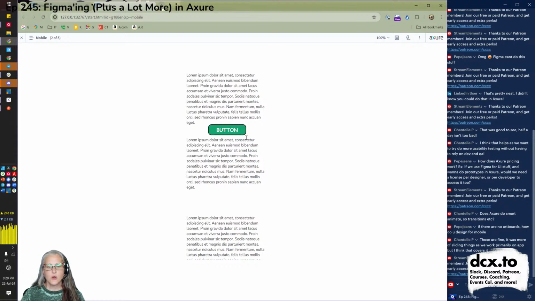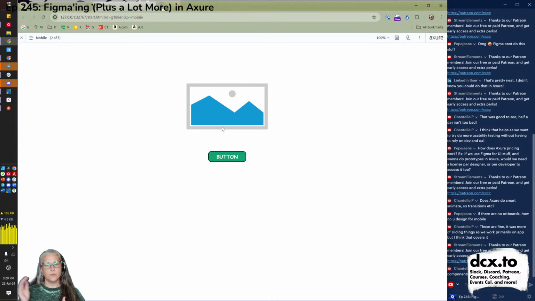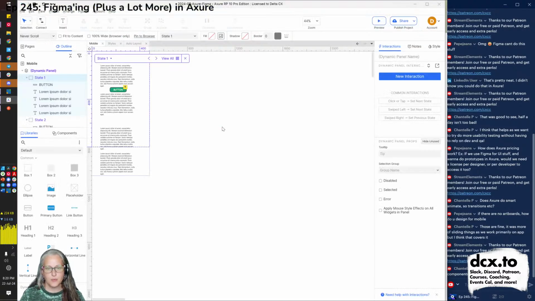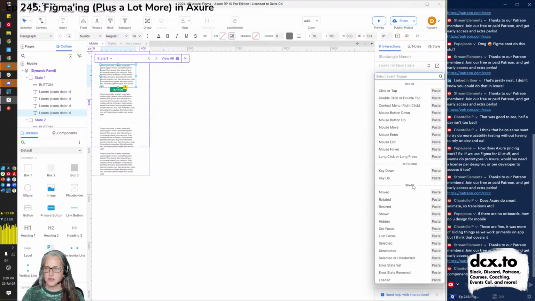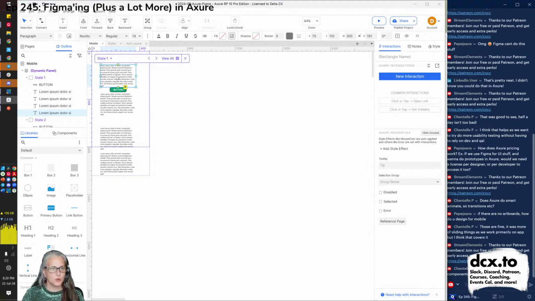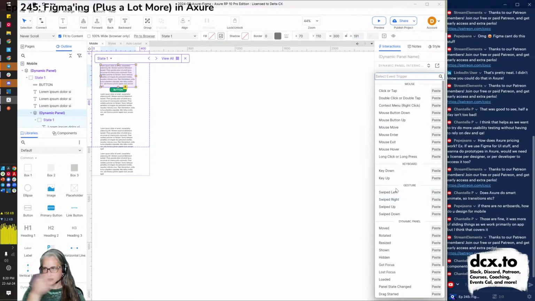Okay, here we go. You're not seeing it right now as a mobile thing. I could make an interface here, or I could just make the screen this wide, and I didn't make it scrollable. But here's the button, or I could make it swipeable. Let's put it, as an example, on this text. I could say on swipe, oh that's right, swipe has to be a dynamic panel. So let's quickly turn this into a dynamic panel. Boom.